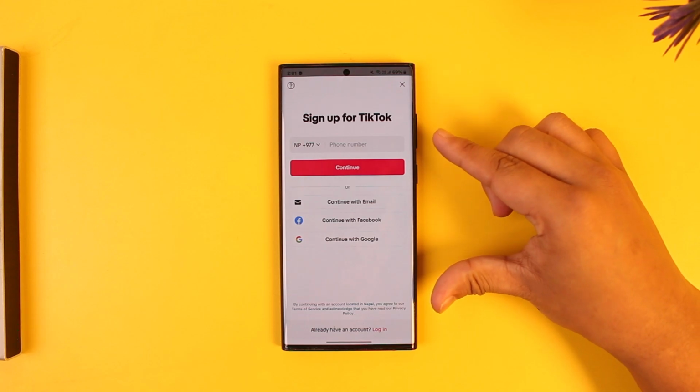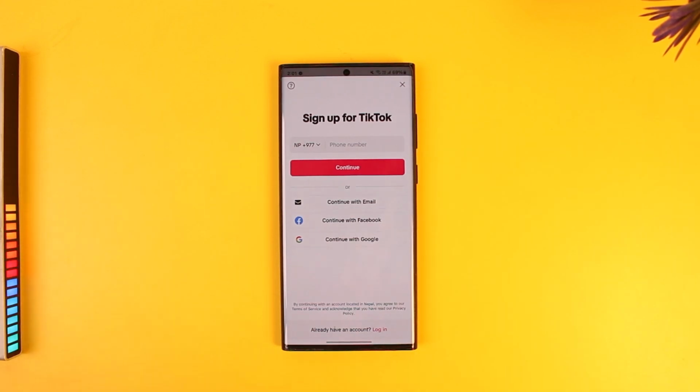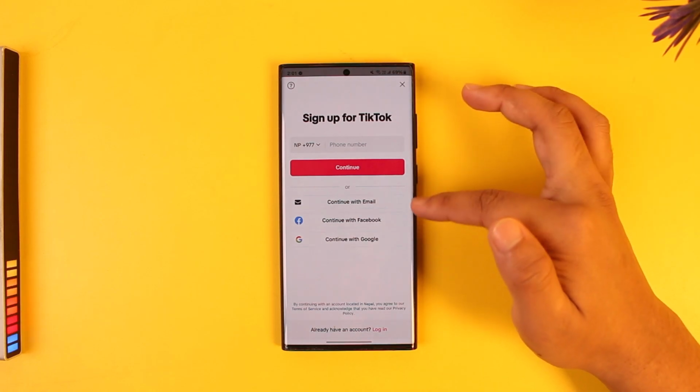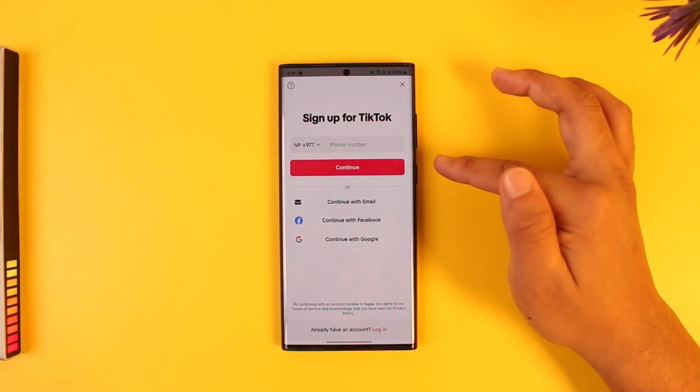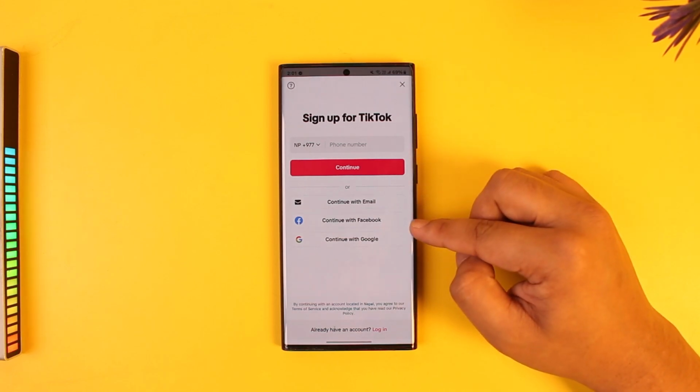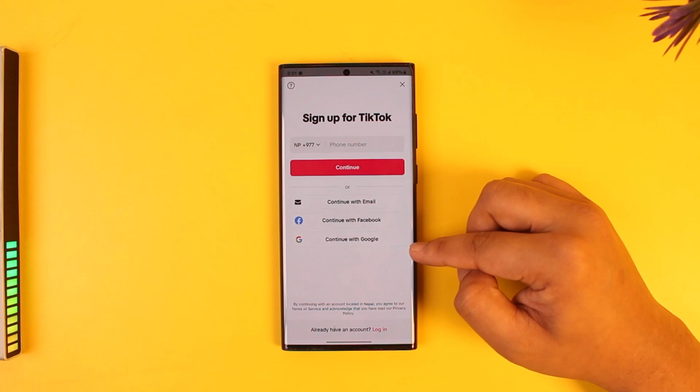Now from here, if you have an account you can already log into that account, right? But you can see it says sign up. Now you can either sign up using a phone number. If you can use your phone number, that's perfectly fine. If you can't, do not worry, you can also continue with your Facebook or your Google account,